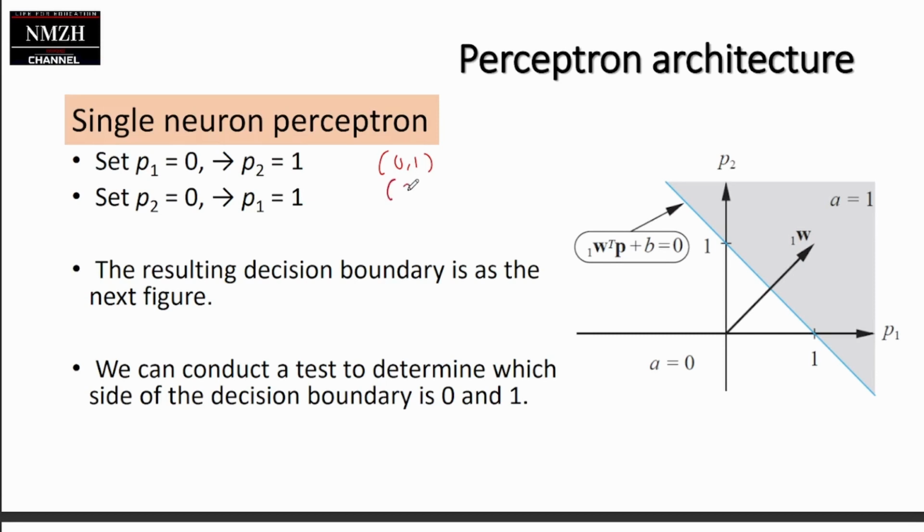So this one is 1, 0, right? So meaning this is 1, 0. This is 0, 1. So both of these points are basically on the line. So we can see that this is obviously the boundary line. So this is just for example, right? Okay. So meaning